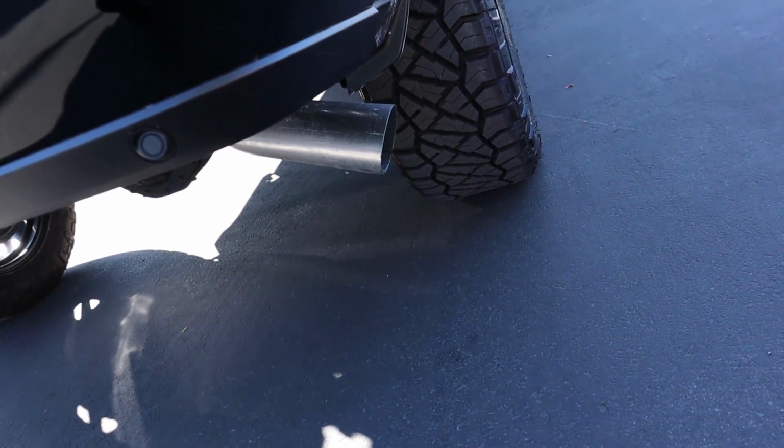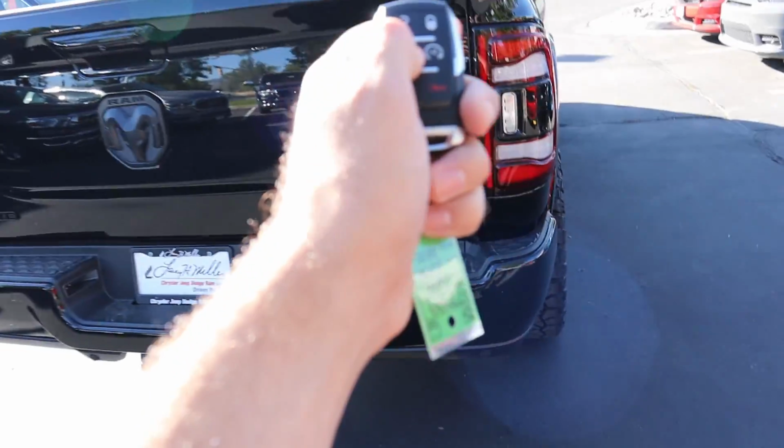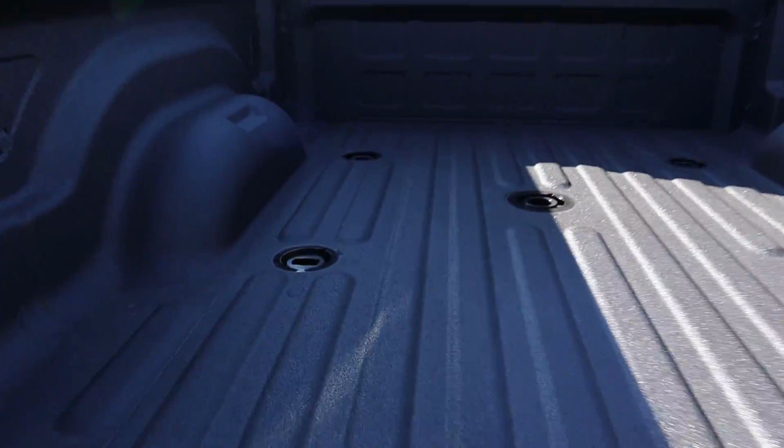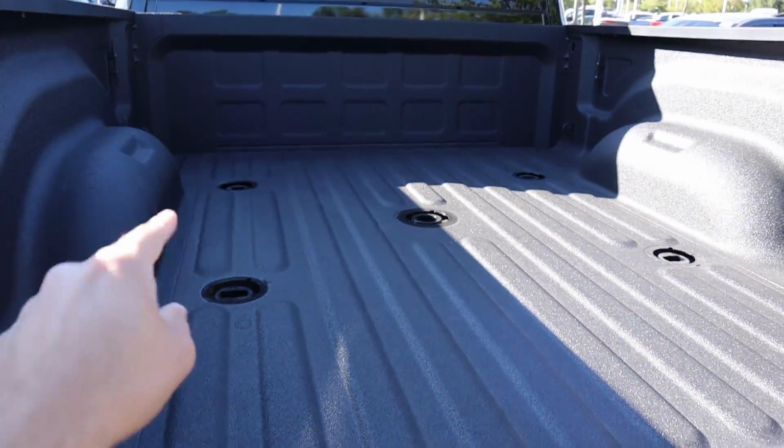You hear that Cummins start right up. Press it again, that'll shut it off. And if we press this button twice, that is what does the tailgate function. For some reason it didn't want to lower, but you can see that it's got the slow lower function on it. This particular one has the 5th wheel prep group in it, so it's already got the holes in the